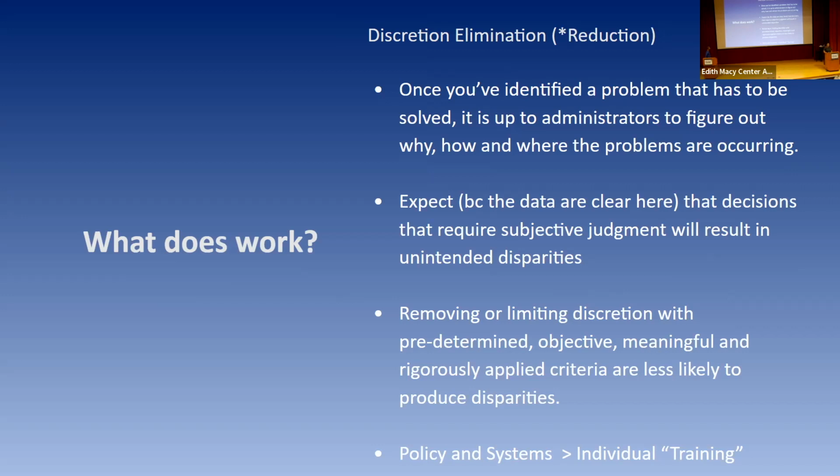We know the places where, if we are saying that implicit bias is pervasive, everyone has bias, this is asking us to anticipate that that is going to be true and try to create systems that counteract those biases, rather than trying to remove the bias itself, which is a much more difficult task. But anticipating that when we have subjective power over who we're choosing, why we're choosing, et cetera, this is where it becomes problematic. So what I would like to do is help us think about more policies and systems that help standardize the ways that we engage.